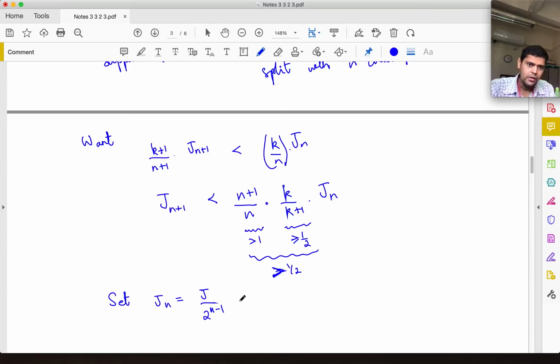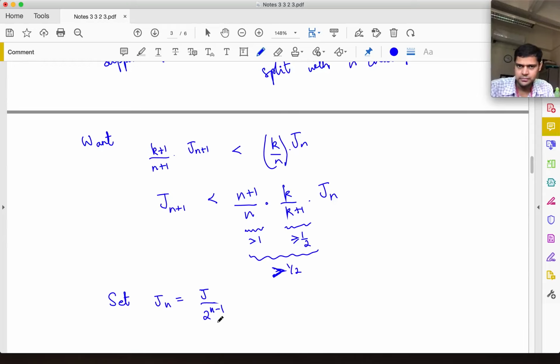Okay, so what does this mean? Of course, if there is only one person challenging, then we're going to distribute the total amount J among the challengers. But if there are more people, n is greater than 1, then the amount distributed is going to be